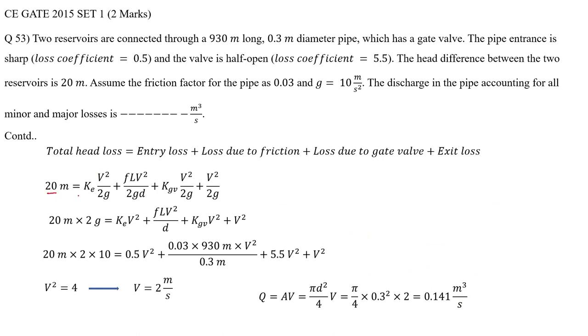So the total head loss is 20 meters, and these are the total head losses we encountered, and the flow is taking place from reservoir 1 to reservoir 2. Since 2g is common in all the terms, we can take it out. One hint or suggestion I want to give is this: